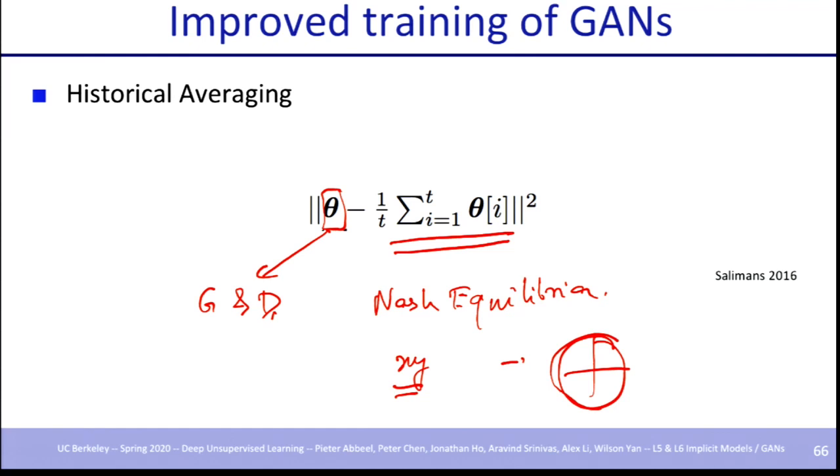Among these three training techniques seen so far, the most useful, according to the authors, is mini-batch discrimination, the second most useful is feature matching, and the third most useful is historical averaging. Yeah. Historical averaging seems like it could work for basically any model. Is it useful for neural nets outside of GANs?